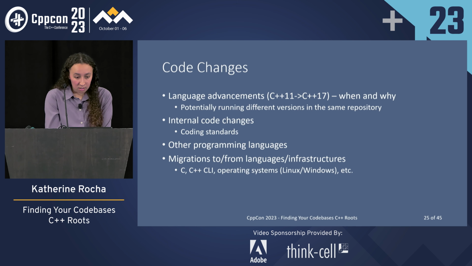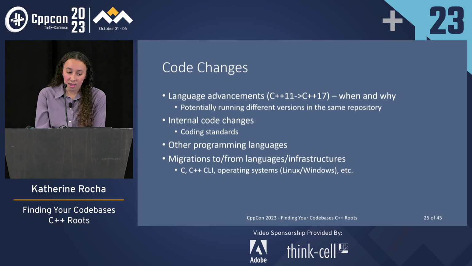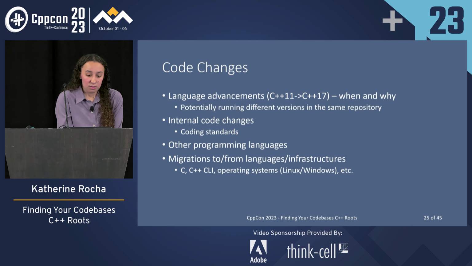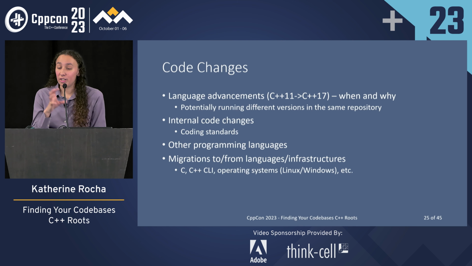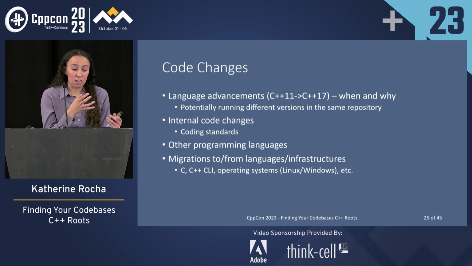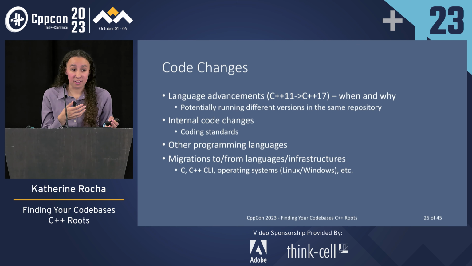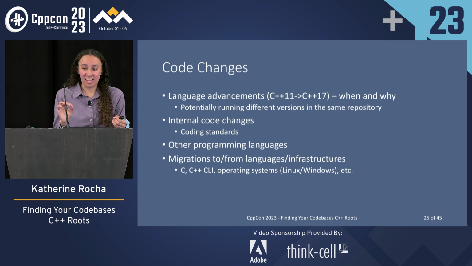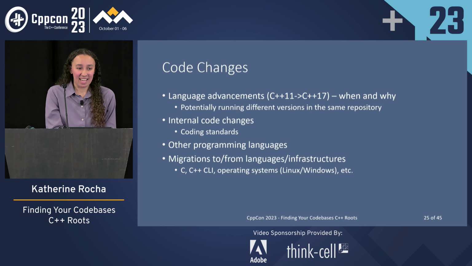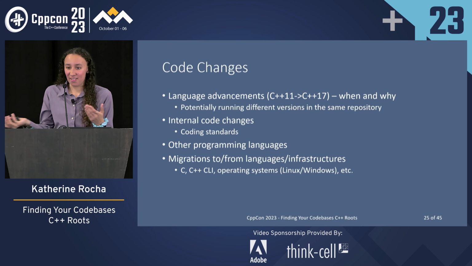Cool. So for code changes, there are a lot of different things that have happened in our codebases, and a lot of them aren't as pretty as we'd like to act like they are. We've had language advancements, from moving to C++11 to 17, to just using different features. And there are a lot of reasons why that happens. It can happen because there's that one person who's super excited and found that feature in, let's say, C++20 and is like, this is the thing, we need this. And someone else is like, okay, we'll just update it. And so that changes how our code looks.